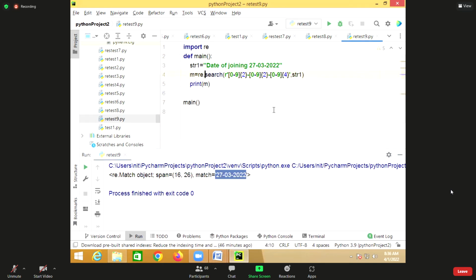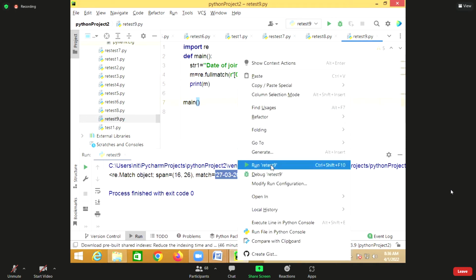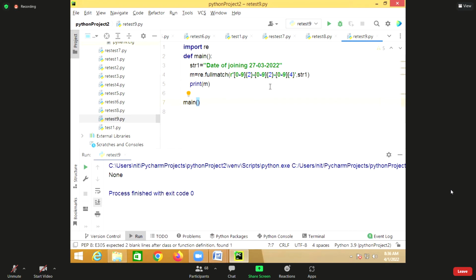You can write fullmatch also, no problem. But because of this, we'll use search only, searching for this particular pattern. Now, 27, 3, 2020.